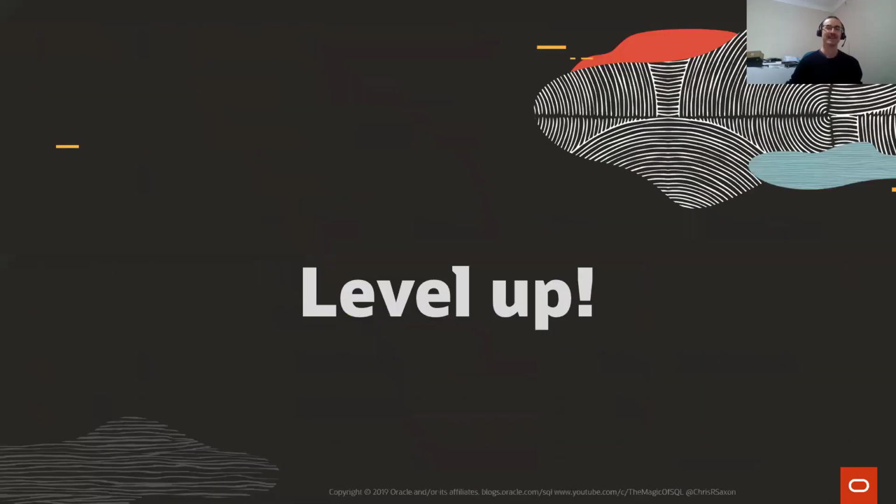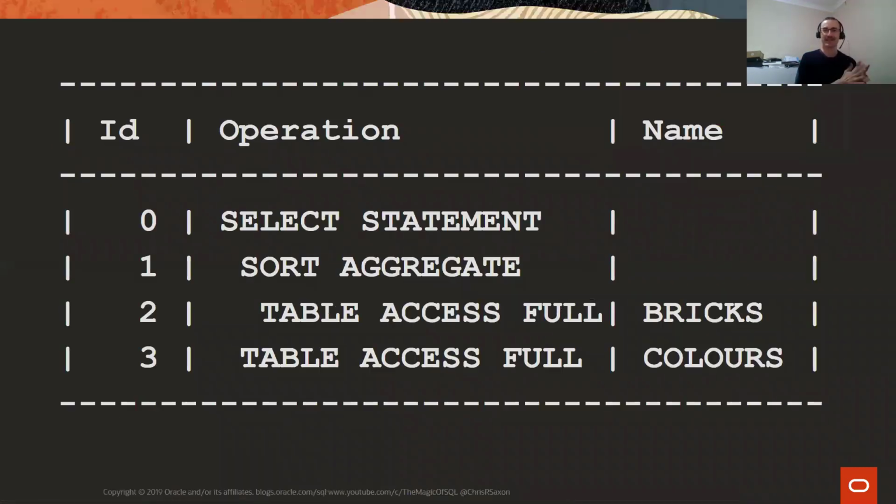Let's level up again. Now, I'm going to show you a plan that looks much simpler at first, but is a bit different. So let's have a look at this plan. Okay, we've just got 2 tables in here, but it looks a bit different to our original 2-table join, right? So what's going on here? Anyone notice something a bit different or a bit suspicious about this plan? So the sort, yeah, is a bit different. Group by. Okay, so the sort and the group by,